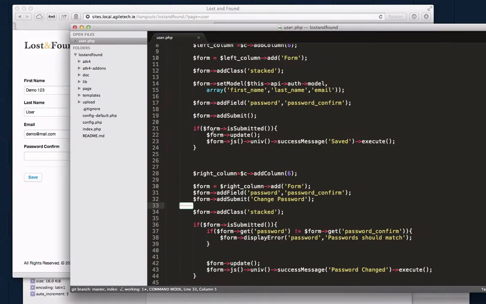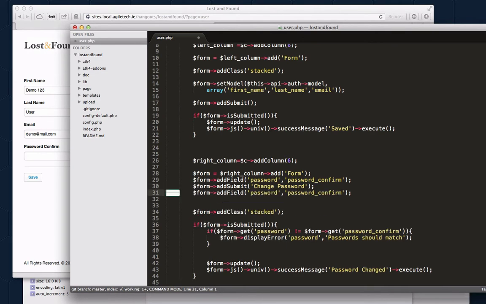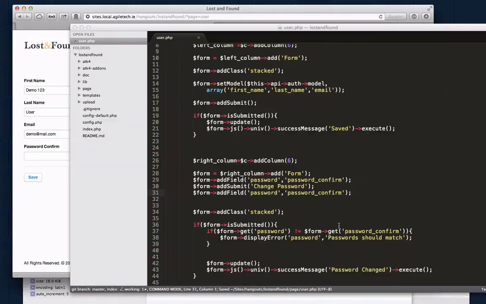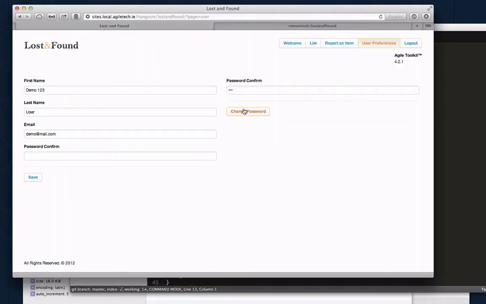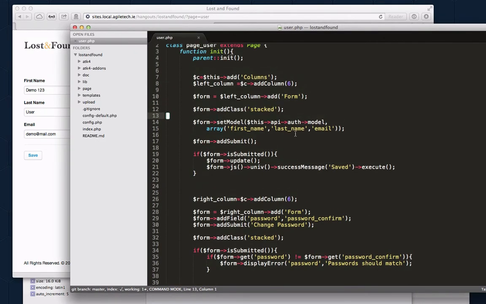Okay, it doesn't work because the confirmation field, I forgot to move the confirmation field to the bottom. Oh no, I did not. I didn't move the original field. Okay, so